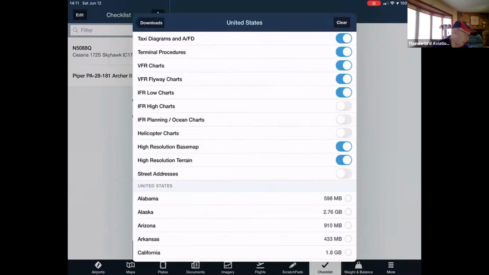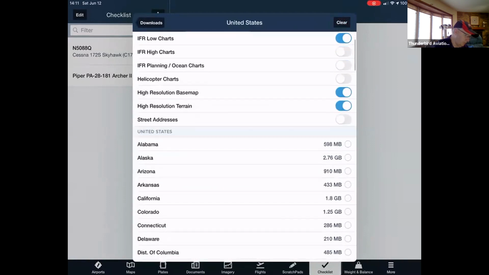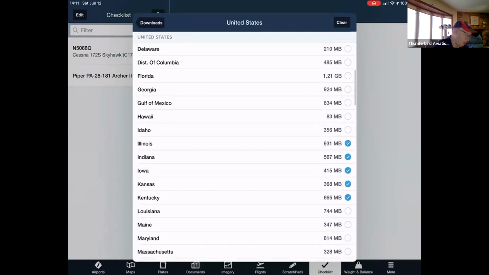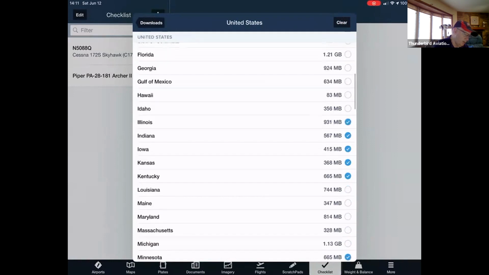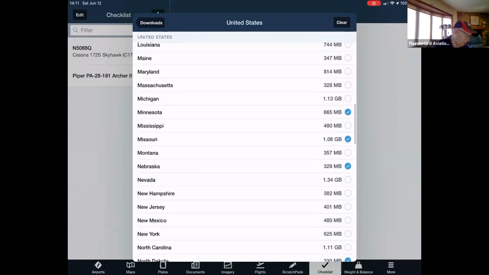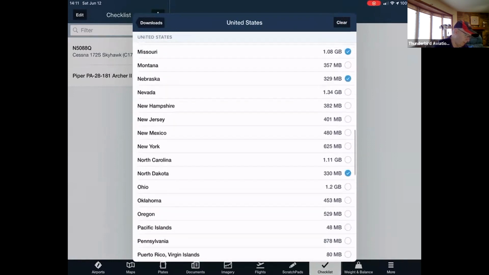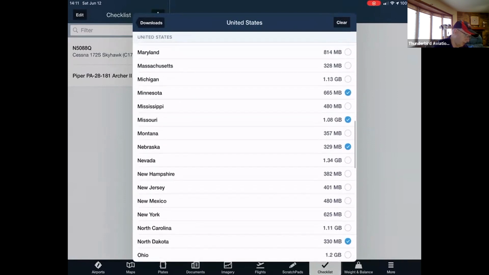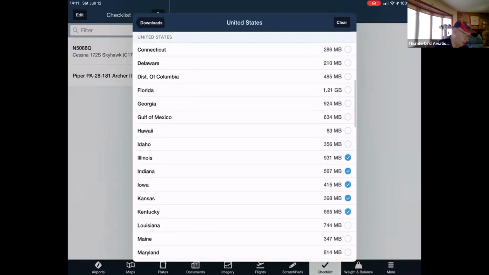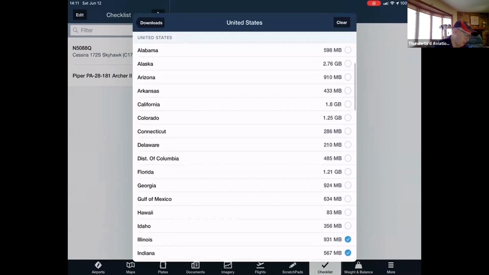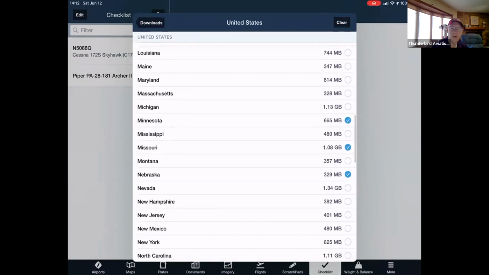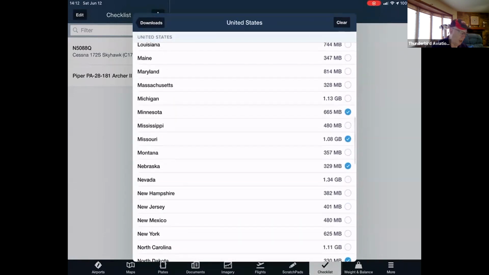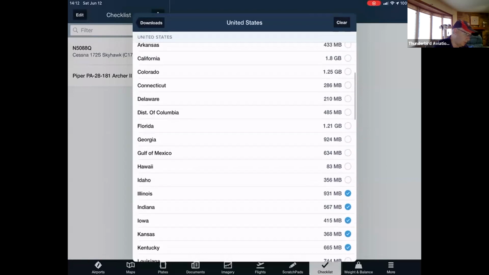So in the United States, I've chosen not every state, just the stuff that's basically around here, and maybe a little bit extended. I got Ohio and Indiana and that type of thing, because I think I was flying out that direction at one time. So you don't have to select all the states if you don't want. You can only select the areas that you want. But when you select a state like that,